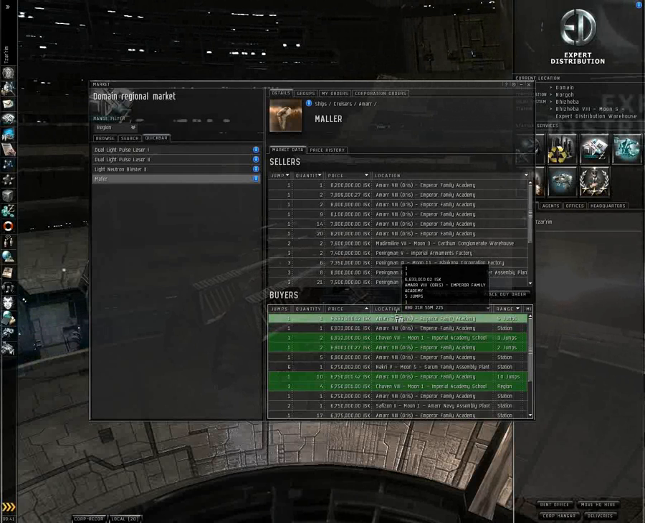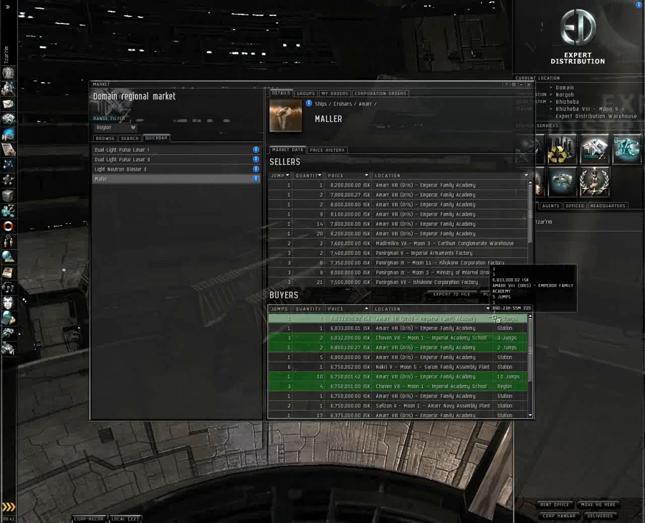He's the one going to buy it because he put up the highest price and he is green, so he is in my range, or I am in his range actually. So how does this work? If you go to price history,